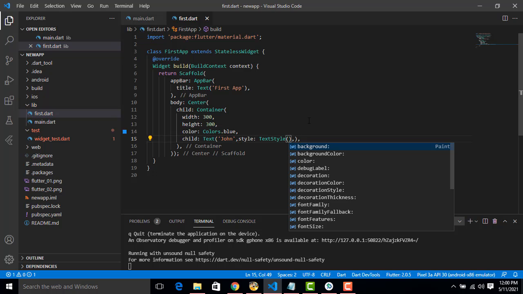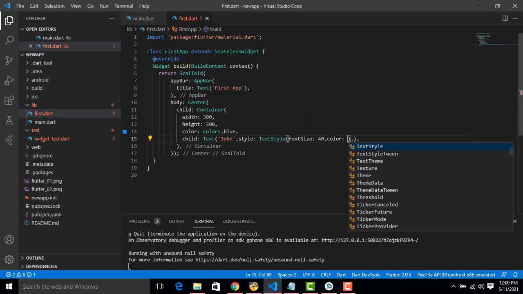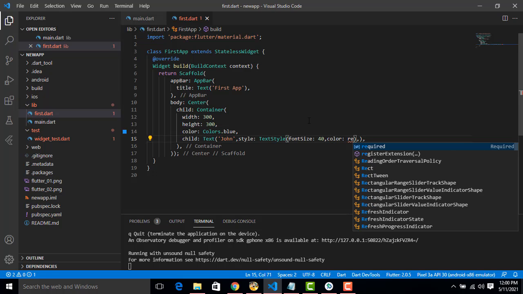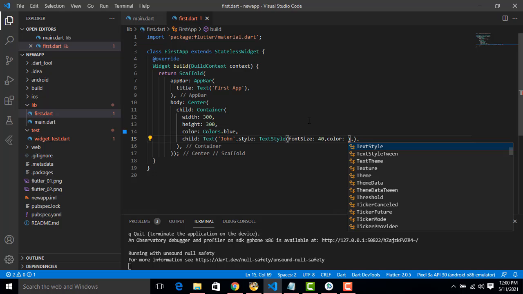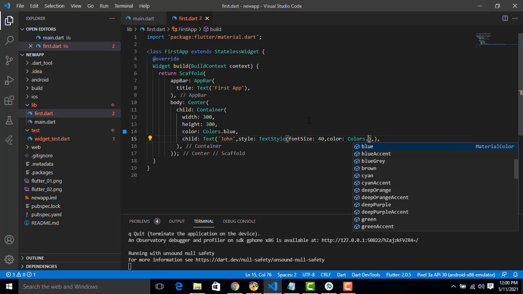Here you have to write the same thing. Font size 40, comma. Font size 40, comma, color red. Oh, sorry, colors. There's a property called colors. We have to get them from the properties over here. Red.